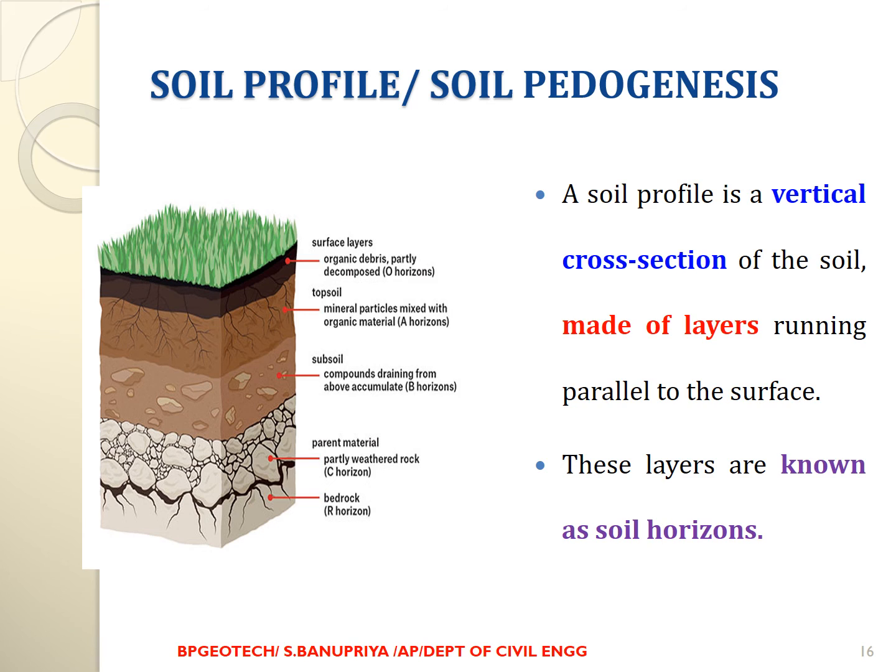Due to the continuous weathering process, the rock is disintegrated into smaller pieces. Those smaller pieces travel from one place to another and form layer by layer, and we get the soil profile or soil pedogenesis. A soil profile is nothing but the vertical cross section of the soil made up of layers running parallel to the surface. Soil profile is also known as the soil origin.